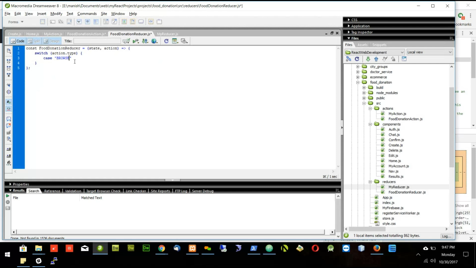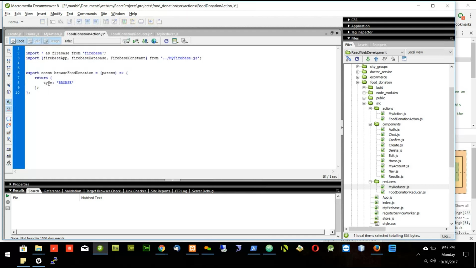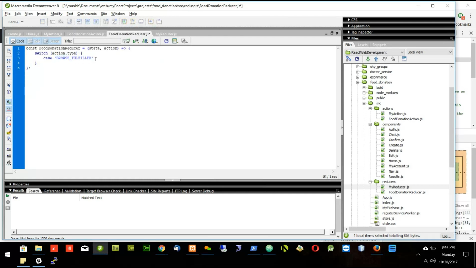I told you when it is a promise, we always get browse fulfilled. Whatever action I create becomes fulfilled in the reducer. Whatever type I pass in the action, if I put the promise here, it becomes browse fulfilled. So I'll just use browse fulfilled, and then here I will say state equal to